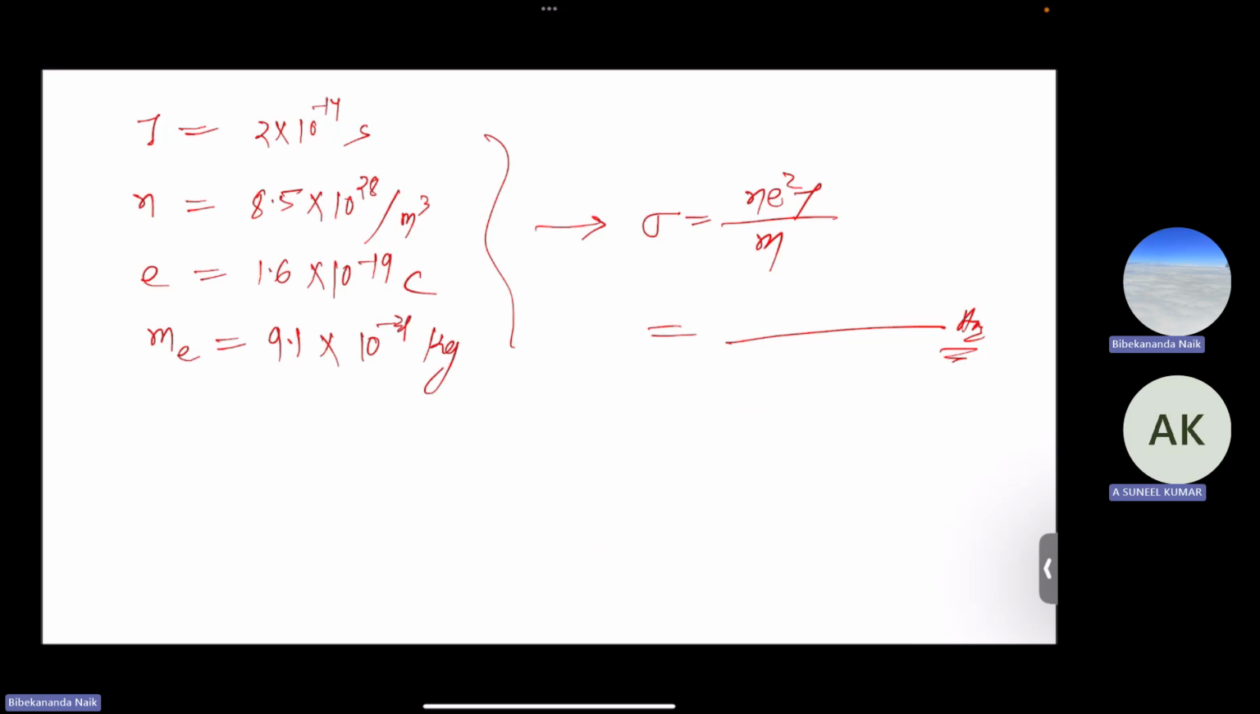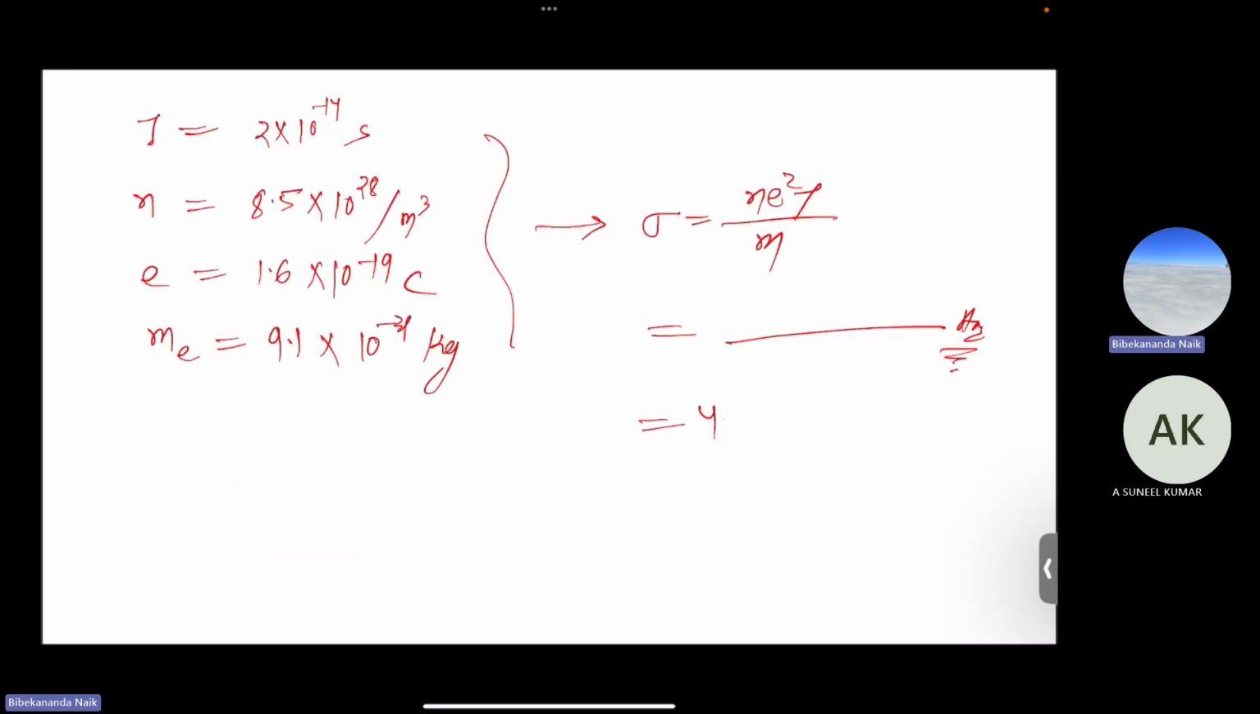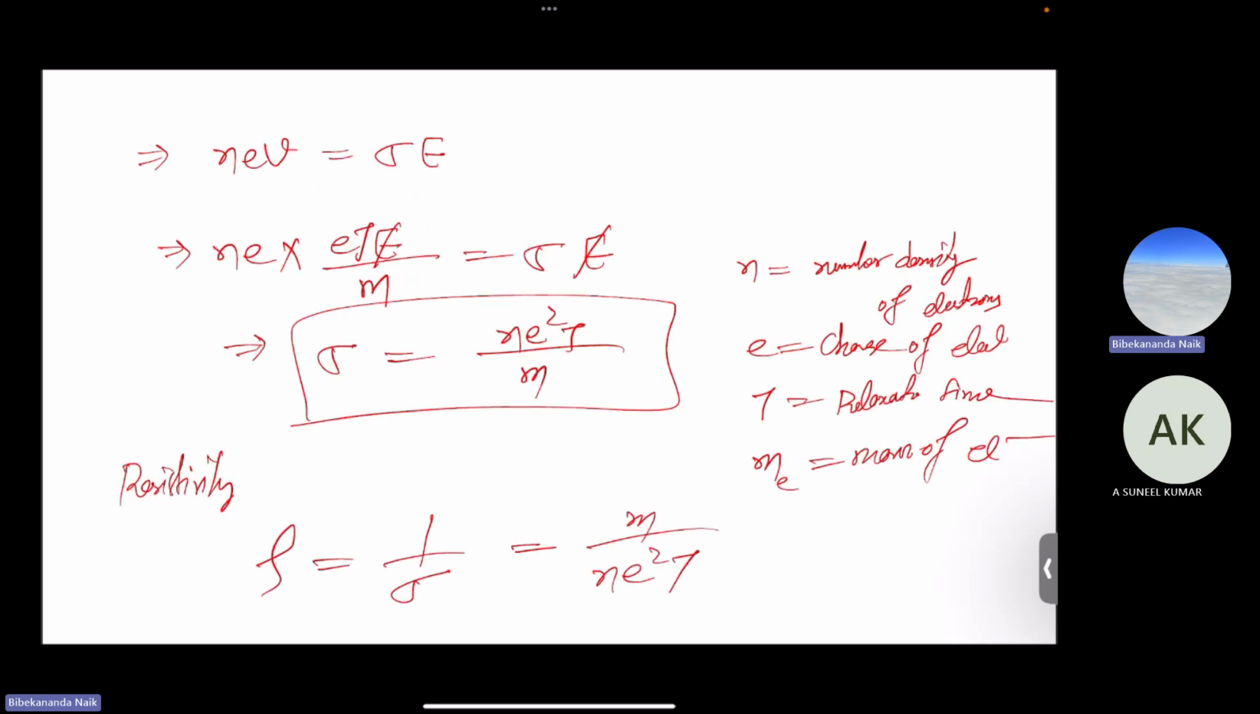4.782 into 10 power 7. Yes, the correct, so if you put the values, then it will be 4.78 into 10 to the power 7 ohm inverse meter inverse, because we know the unit of resistivity is ohm